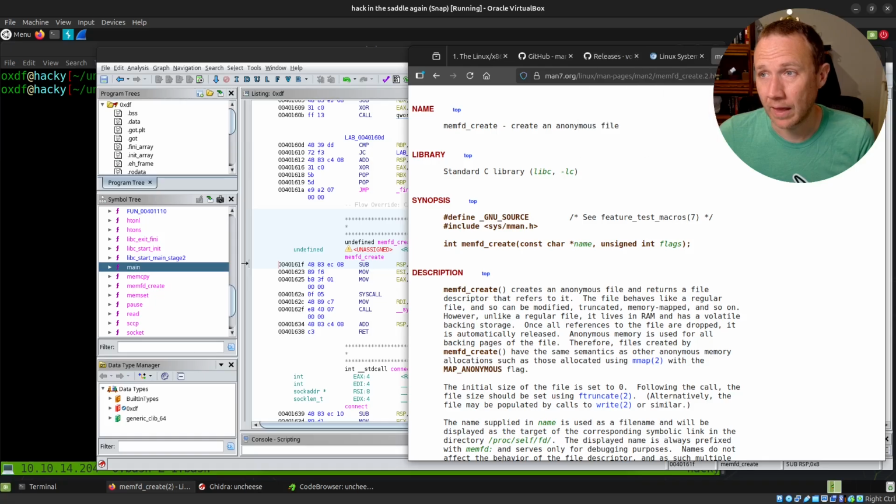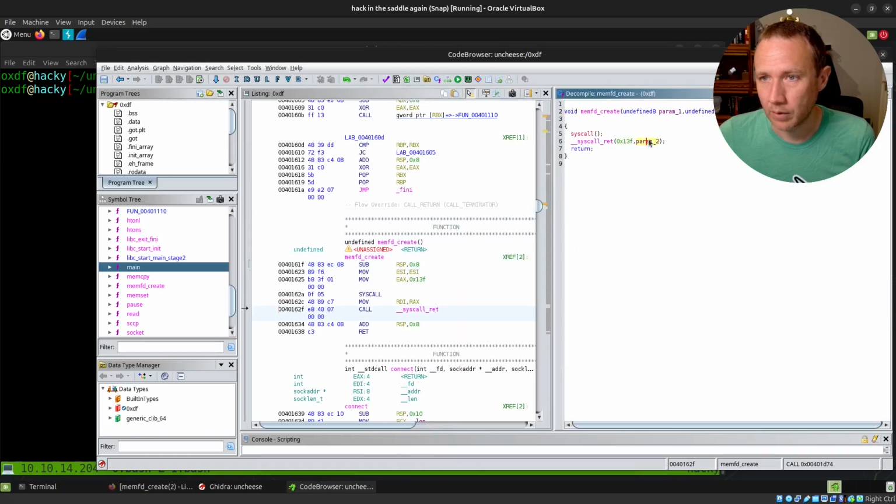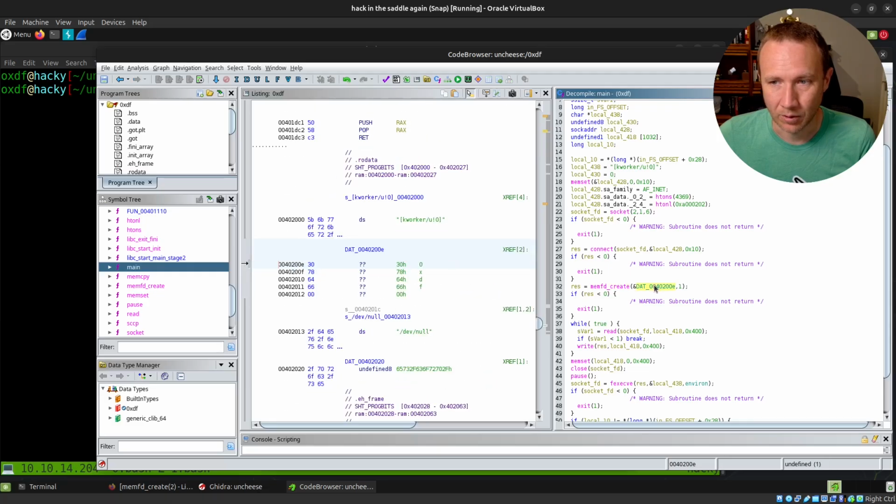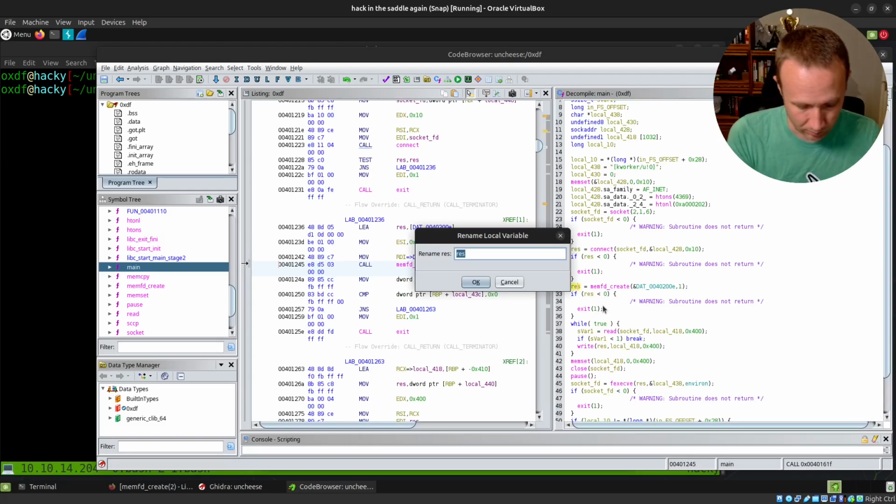So we've got that system call. Param2 is going to be the size, I believe. No, not the size, the name. So we are going to create something basically called 0xDF right here. It's a temporary file, so we'll rename the variable